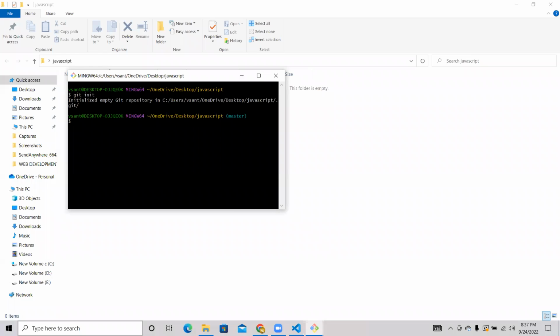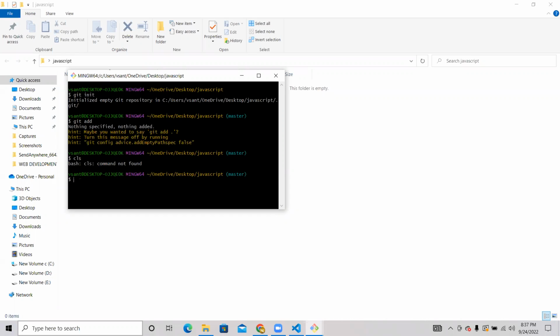Okay. So here what you want to do. The second command is git add space dot. No. Git add space dot. No. Don't do like that. The clear is not going to work here. Git space add space dot, enter. Okay. So the next step is git